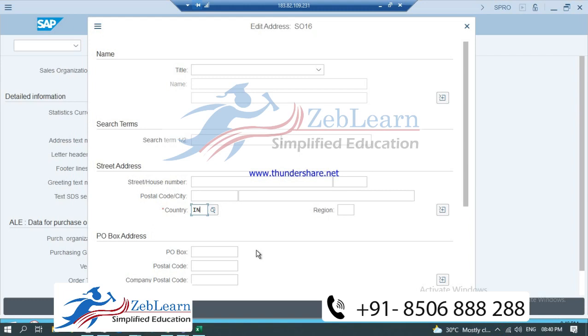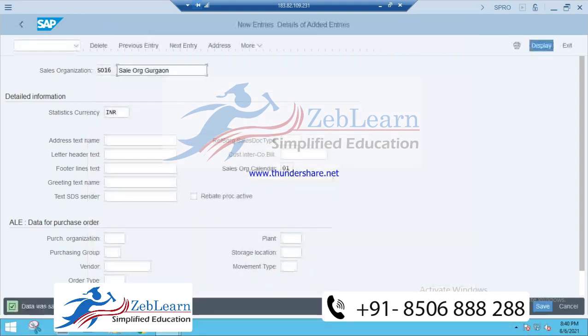After giving country, put a down arrow and write enter. After enter, click on save. So the data is saved now.